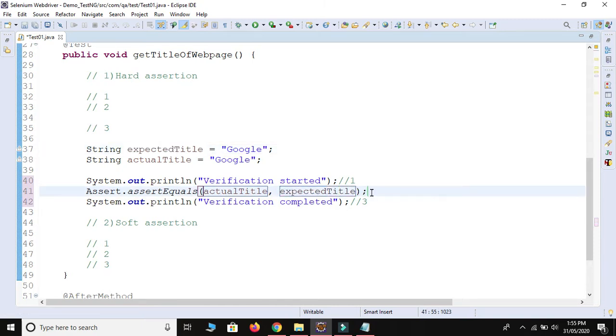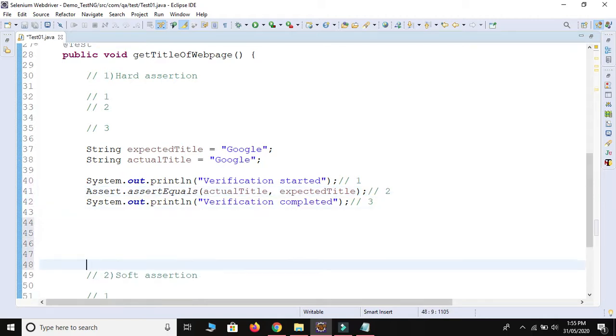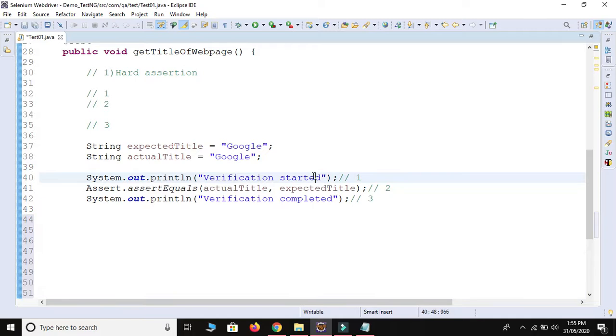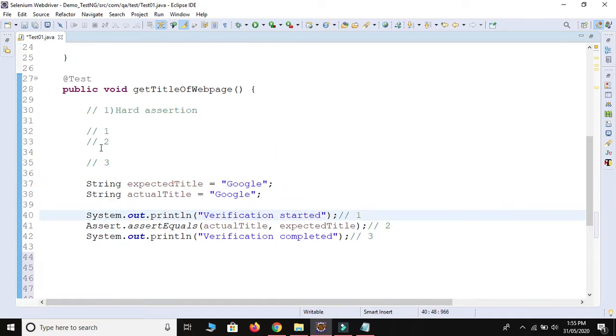Paste. This is line number 2. Okay, Control Shift F and Control Save. As I said, if we get an exception at some line, it will throw an exception from this line and it will